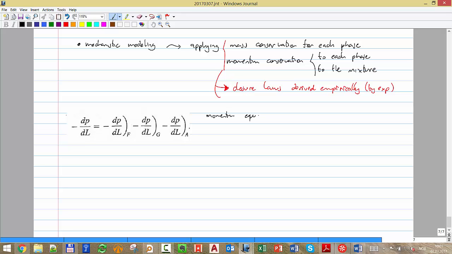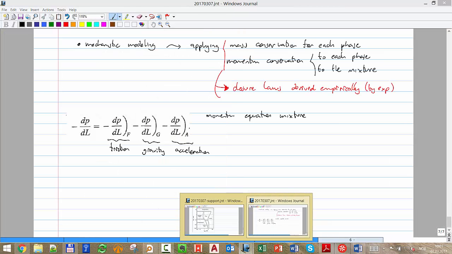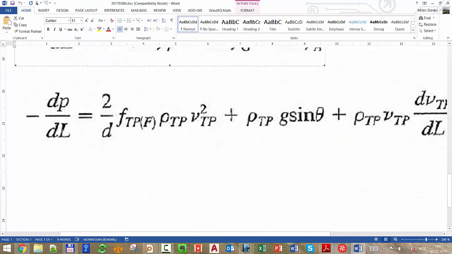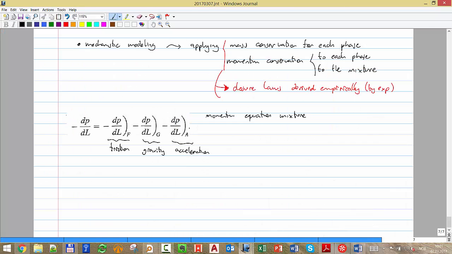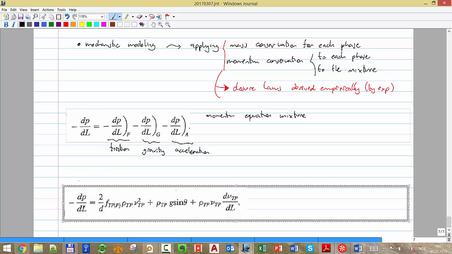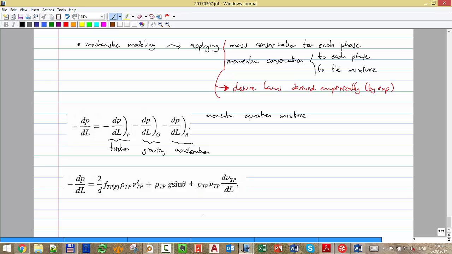I have that my pressure gradient depends on one part that is due to friction, one part that is due to gravity, and one part that is due to acceleration. And if we now substitute how each term looks like,